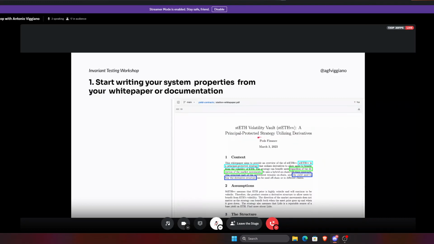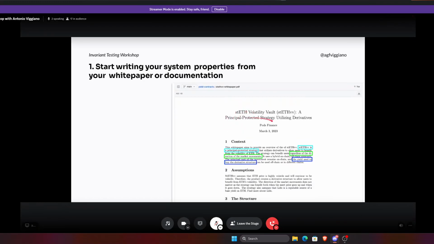So, for example, if you deposit one staked ETH, it will accrue interest, and you shouldn't lose any of your one staked ETH. You should always be able to reclaim it later, and only